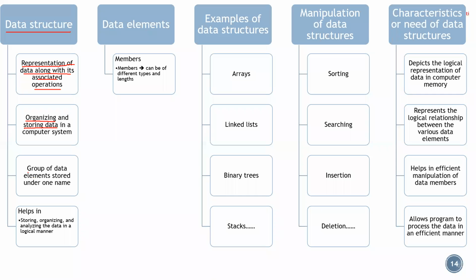For example, if you're considering the student details, you can provide a single name to that data type, using which you will be able to identify the different representations of that data type. Suppose I declare int and a. So a is a name identifier which I'm using to tell that it can store a value of integer type.